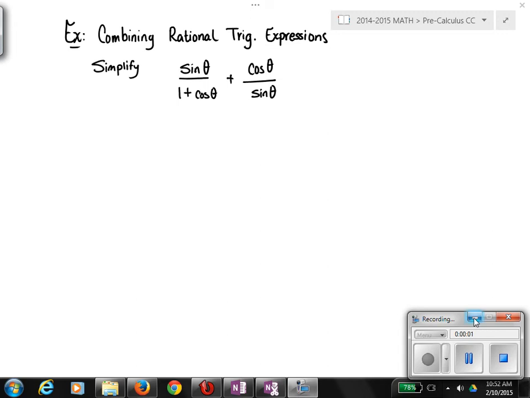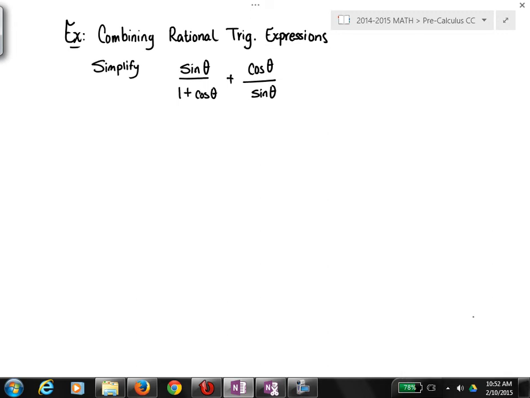So let's look at combining rational trig expressions. They want us to simplify this right here. And you could use the trig identities to start rewriting some of these, but it may not take you anywhere in terms of simplifying or canceling out expressions. So just be careful on this one, since there is an addition of fractions, or rational expressions, I guess. Rational, fancy word for fractional component,